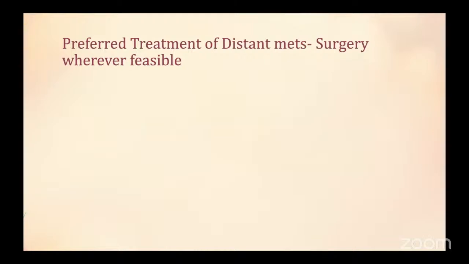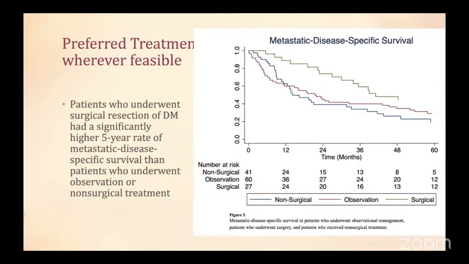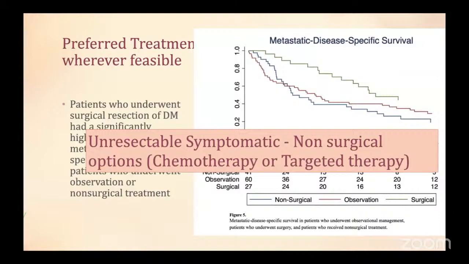Preferred treatment for distant mets is surgery wherever feasible, because those patients who undergo surgery have a higher distant metastatic specific survival. However, we can see that non-surgical treatment and observation don't have much of a difference. So the unresectable symptomatic group of patients are those where we can think of non-surgical options, chemotherapy or targeted